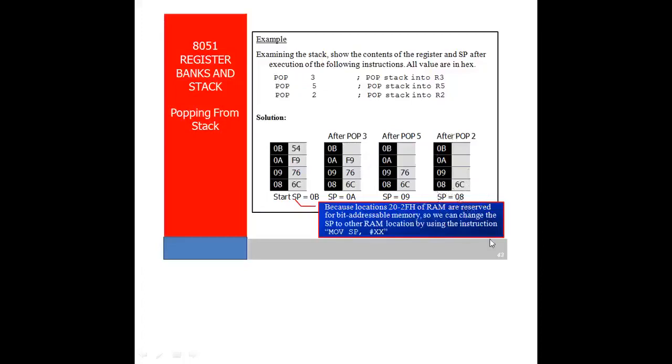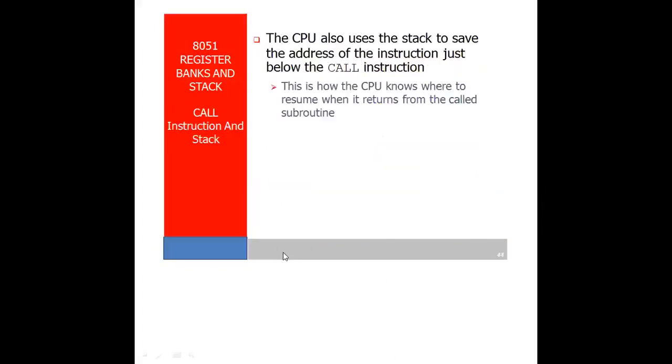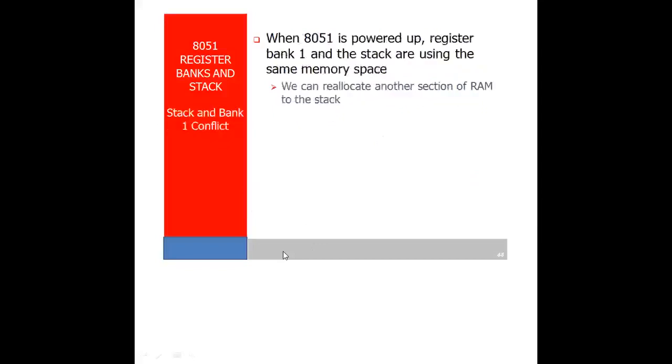Again, you see that it is considered with the RAM memory location where my bank 1 is residing. So I have to tactfully manage the stack pointer so that it will not create any conflict with bank 1. If I am executing several instructions like push instructions one by one, my pointer will be incremented. So it is coming to bank 1, then bank 2, bank 3, like that. To avoid this conflict, what I have to do is